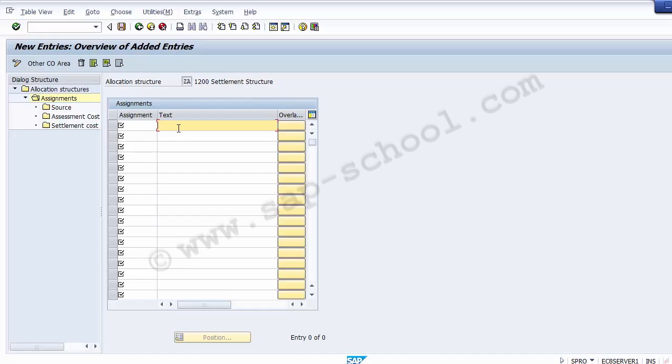This field is used by SAP to define the settlement activity. In this, you have to enter the ID, which can be up to 3 characters long for the allocation assignment. So suppose I take the 3 characters as 010, and now we need to move to the text part. Here we need to enter the allocation assignment description. So let's take the description as